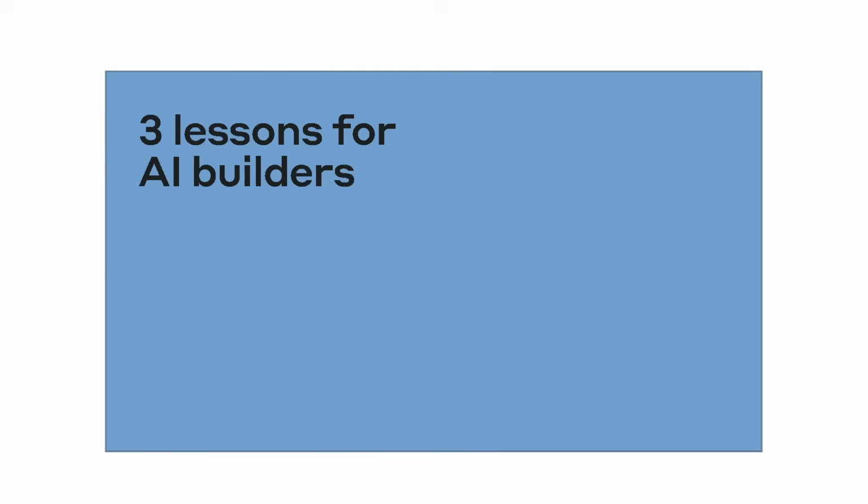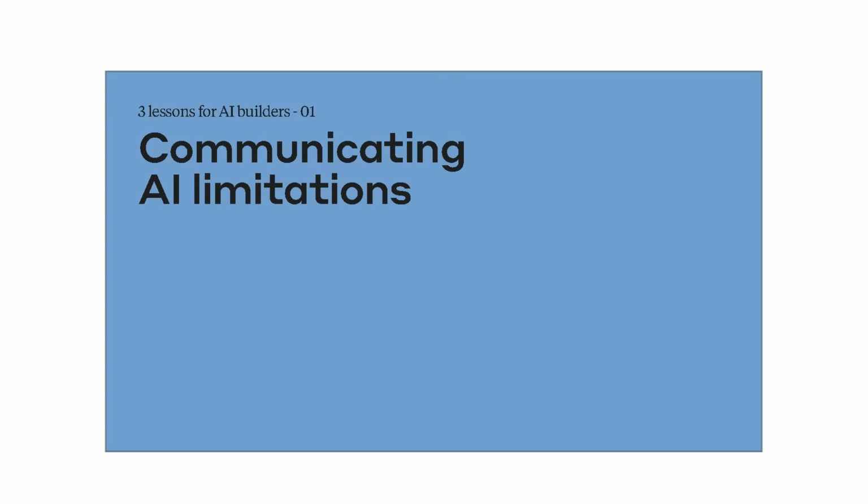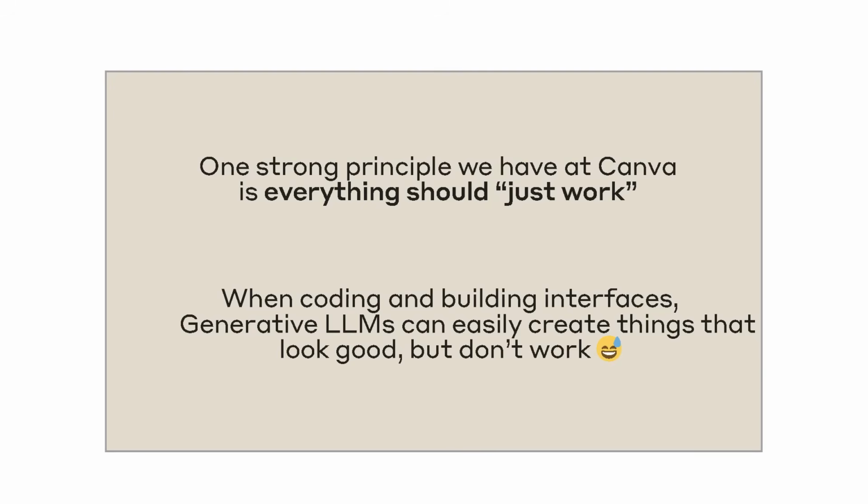And finally, three lessons we've learned. The first one, and this is a pretty interesting one to us, was just how important it is to actually communicate AI's limitations in all the different places where there are AI limitations. So one of the product principles that we have at Canva is that everything should just work. It should just do what it says on the tin. And when coding and building interfaces with LLMs,